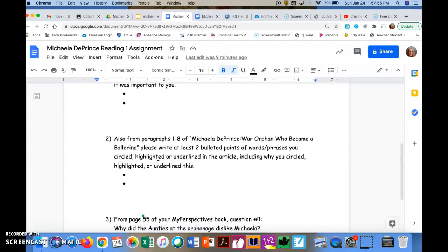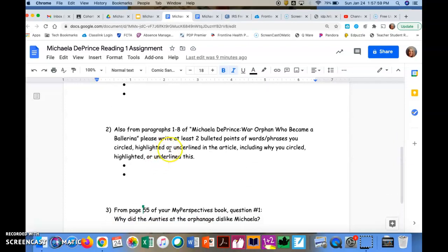Then number 2, want you to include 2 bulleted points of words or phrases that you circled, highlighted, or underlined in the text. This is the parts where you're actually marking the text itself. You're underlining, you're circling, you're drawing arrows. This could also tie in with things that you wrote on the side, but the big thing is that they were circled or underlined. This is what goes next to these 2 bullets. You must also include